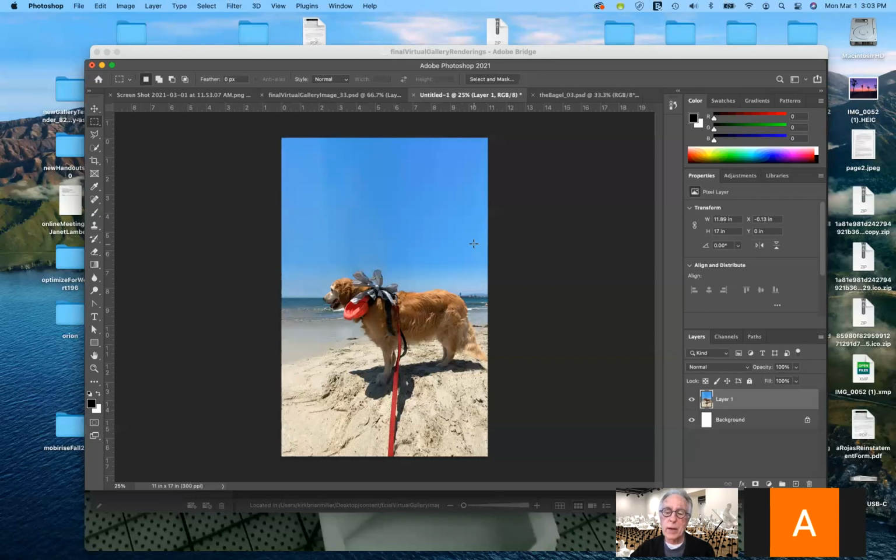So I would want to pick a typeface that is playful. It's not too serious. So it would probably want to be soft, rounded, not hard edge, not sans serif, and I have to play with it.